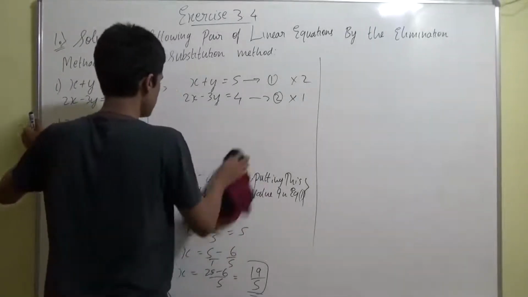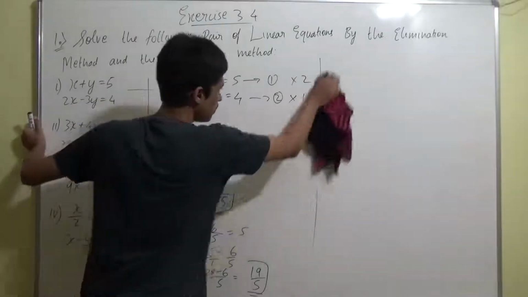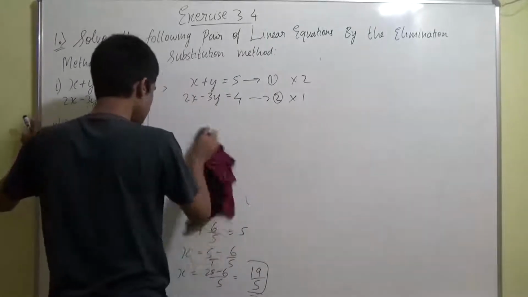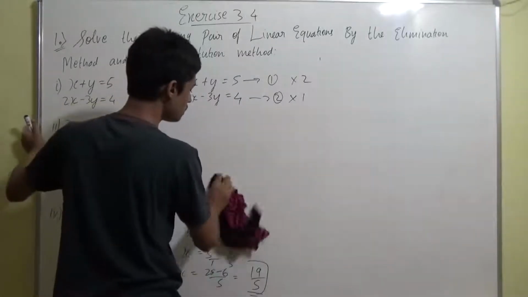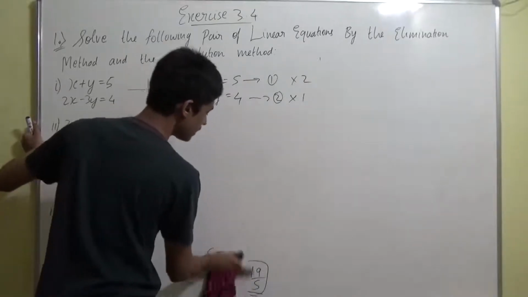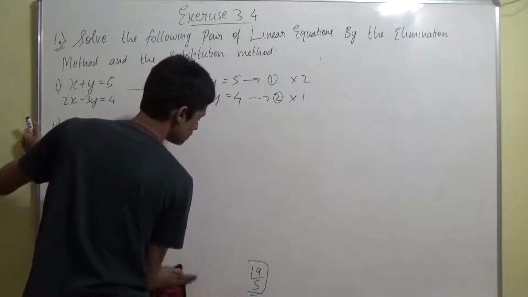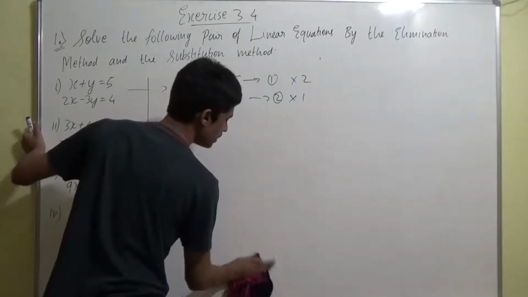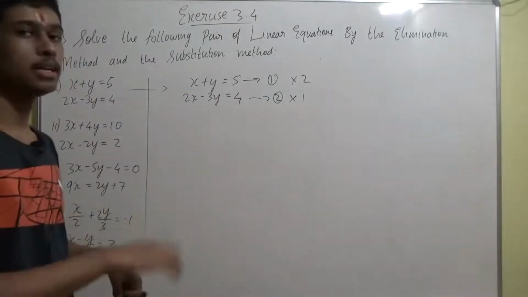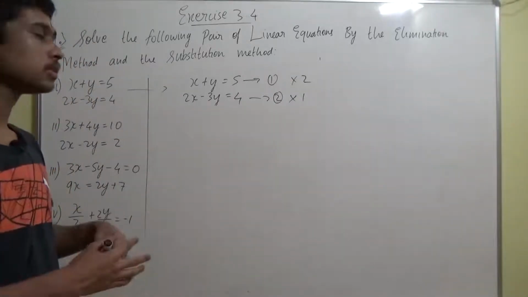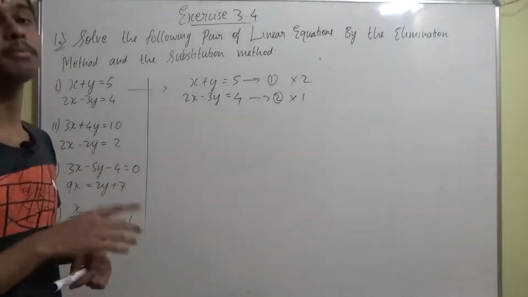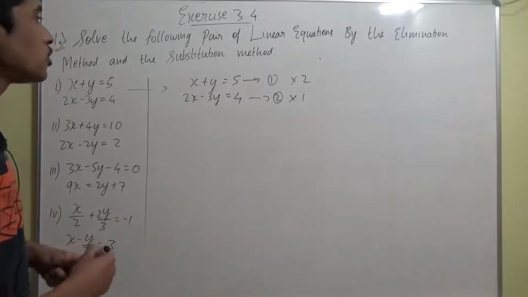This was by elimination method. I hope you people are clear with the elimination method. You have to basically eliminate one variable, that is one term with one variable, be it x or be it y. You have to just eliminate it. To eliminate it, you have to multiply with such numbers that at least one term in both the equation is going to be same. So then you can subtract it, right? Then it will get eliminated. That's one step, guys. Always remember that. Keep practicing it. Right. Now let's go to the substitution method.